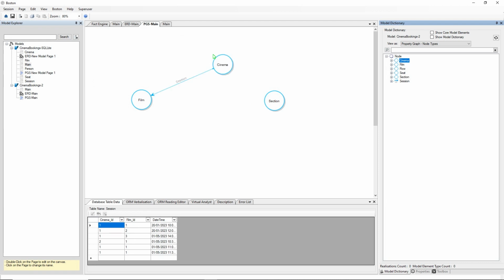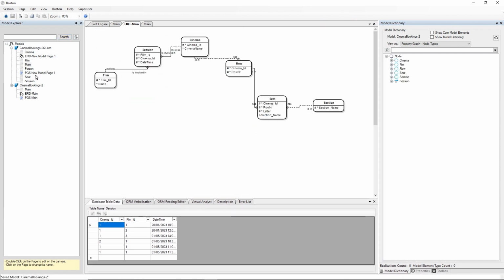So if I say display as PGS node, I'm going to reload this page. It'll come up differently, I believe. We have seats that are in sections, seats that are in rows, and that's pretty much all we've set up at this stage. I'm going to save that,